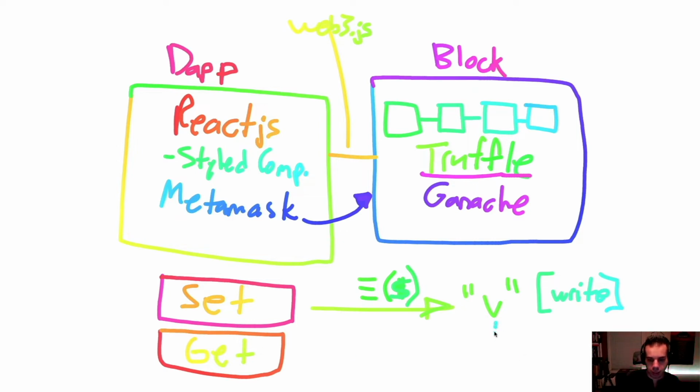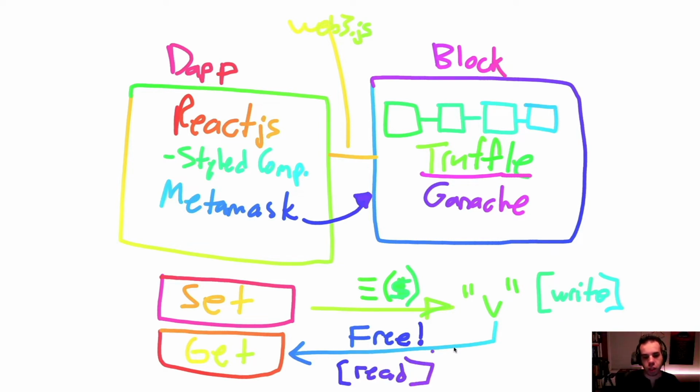And this is a write if we're changing this value. However, if we're getting it, this is free. So again, this is a read, and the other is a write. So just sort of thinking about, there's really just two functions here. There's a set function, a setter, and then a getter. So the set of the variable onto the blockchain, and then a get coming from the blockchain to the front end. So those are really going to be the two inputs that we have.